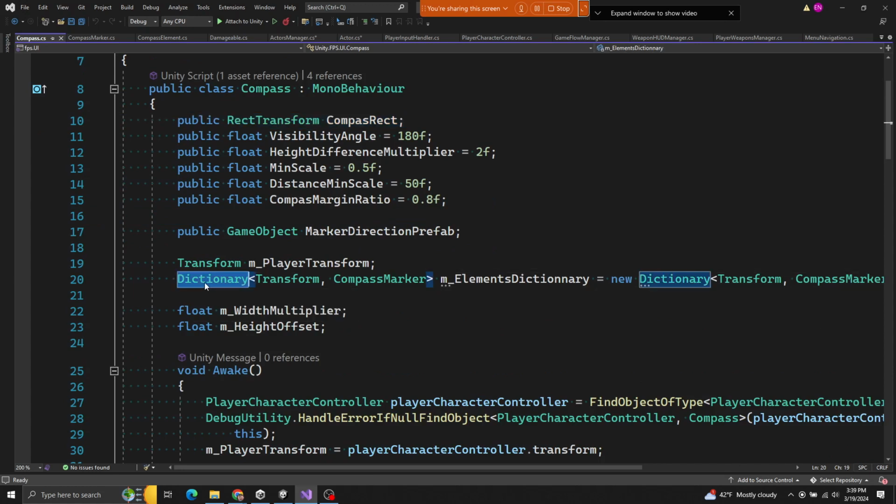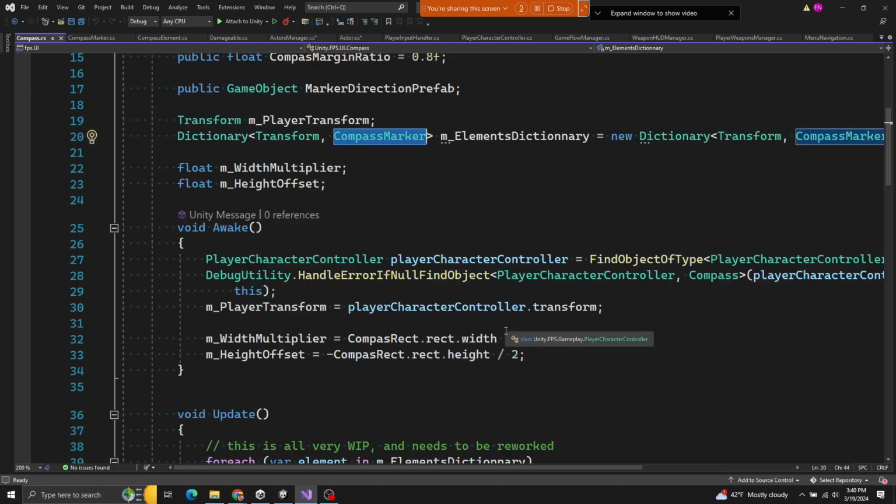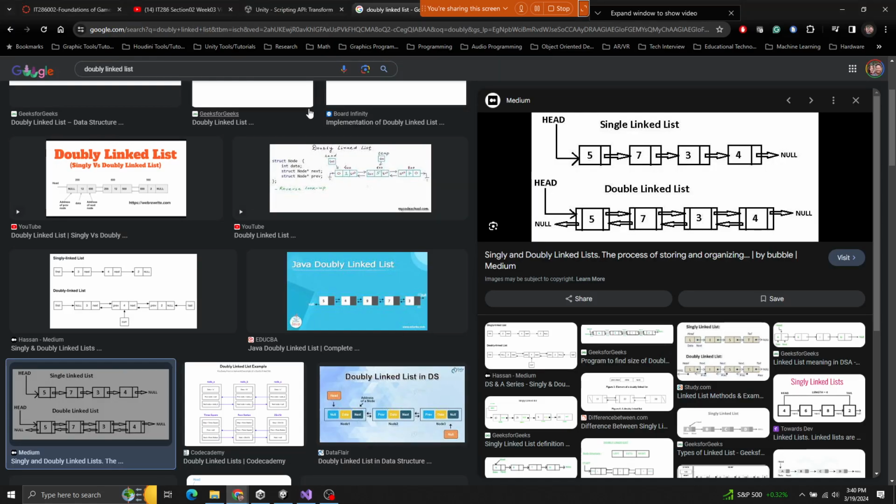So dictionaries are interesting. They're actually used a lot, and it's getting into a more intermediate data collection, data structure. They're more complicated than an array or a list. The benefit of them is that they have what are called key value pairs. So whatever comes first is the key, whatever comes after is the value. And the benefit of a dictionary is it has